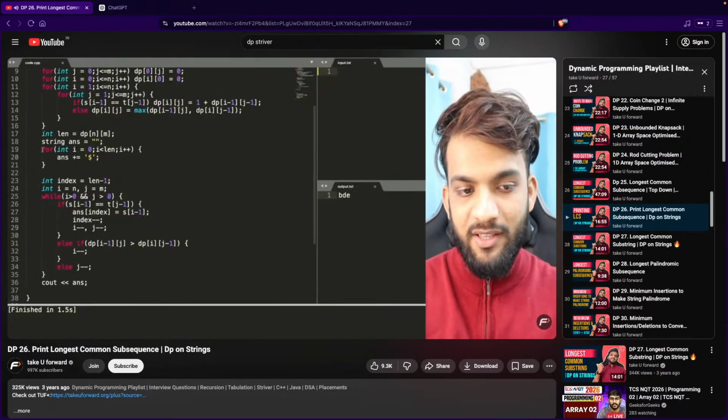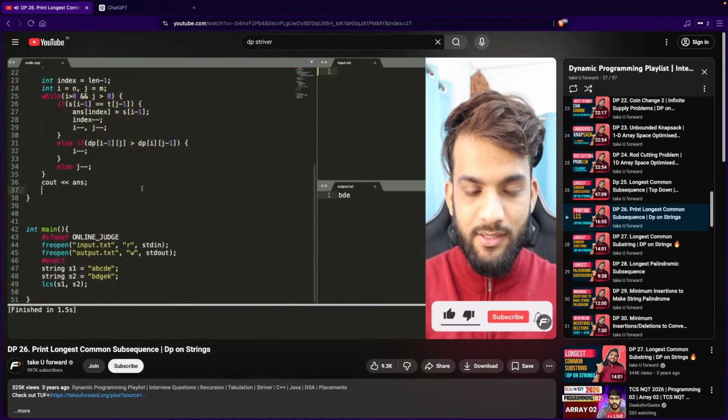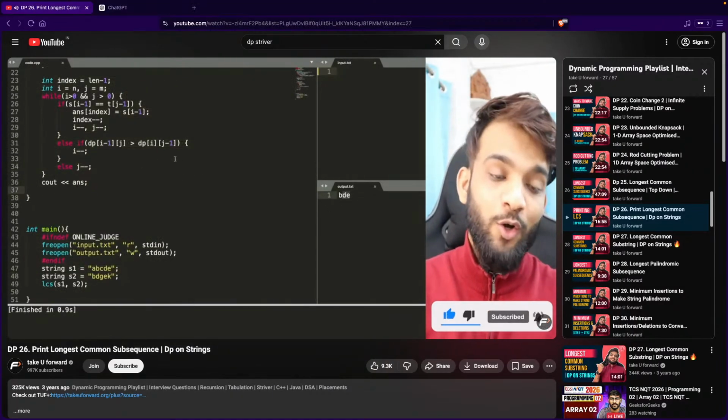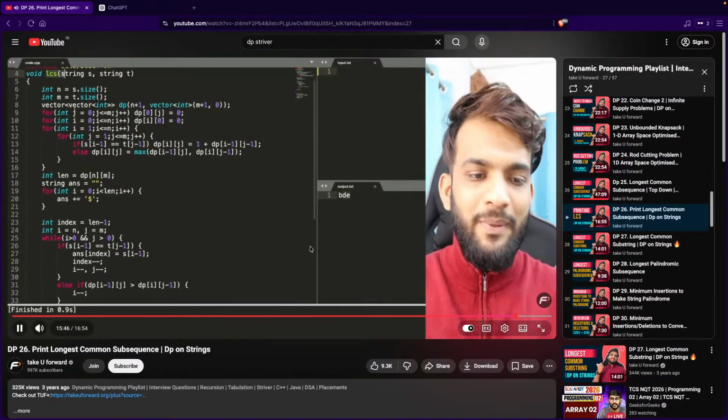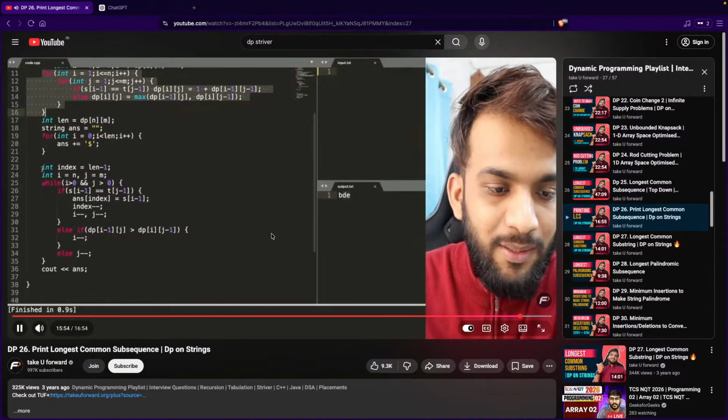So if you see in the code as well, I've written the exact same thing: taken the length, assigned the answer and the index, it's exactly the same thing. And if I take both the strings and just run it, you will see that the string is getting printed. So that's how you can print the LCS. So the time complexity will be definitely n cross m. You have to use the tabulated, like you have to use the entire 2D array so that you can backtrack, and you can simply backtrack. And what will be the